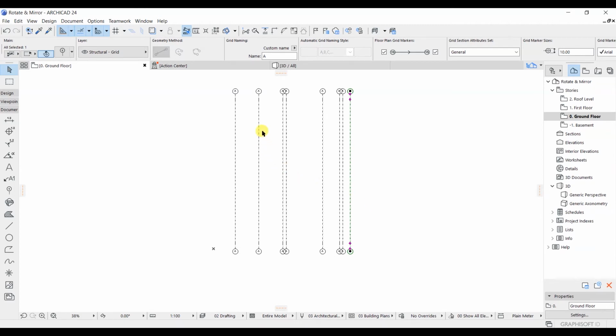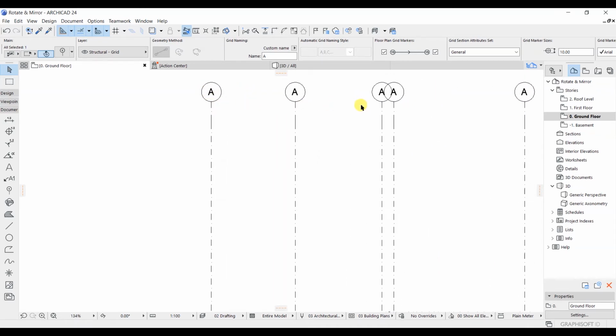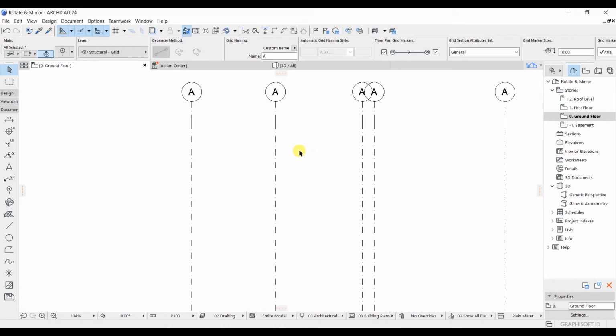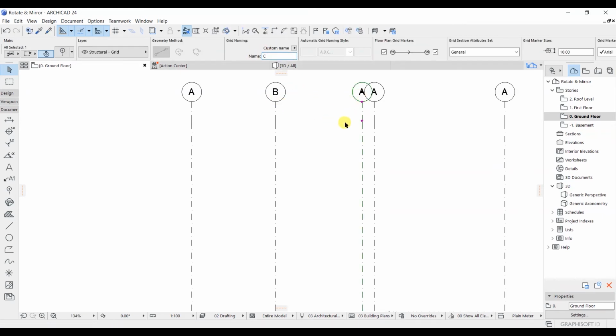But if we look here, you will see that right now we have to solve two problems. The first problem is the naming. You can see that all these grids have the same name. In order to change that, you just simply need to select this grid. Right now you can see that I've selected the grid in this region, grid naming. You don't need to go back to the setting of this grid and change that again. You just simply have to select that one, go here, type B, and that's it. You just change this name like that. You can just select this grid, go here, enter C, that's it, select this one.